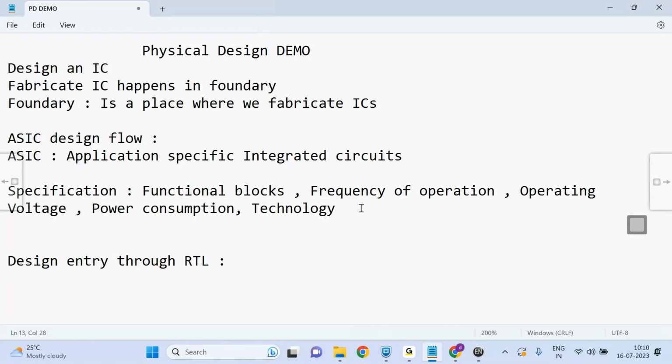So here what we mainly do is use Verilog or VHDL. We use Verilog or VHDL to enter the design, right? To describe